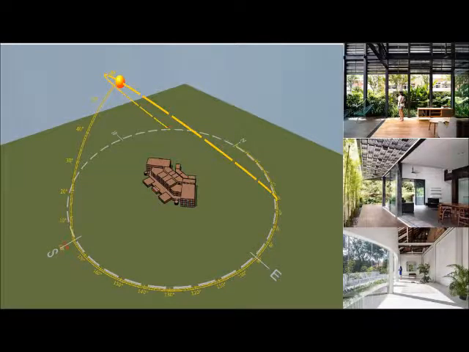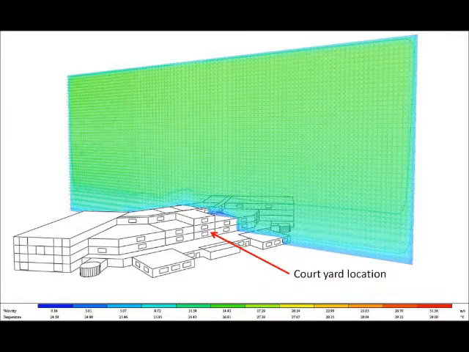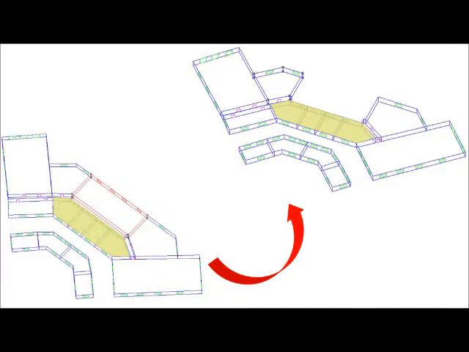The base case at this analysis stage is the optimum option from the previous phase. Therefore, the courtyard location was selected to be facing the wind direction in order to enhance its impact. The idea is to add a vertical courtyard at the 3rd floor that will impact the indoor natural ventilation at the clinic rooms. Facing this courtyard, we examine the indoor spaces that will be affected by the courtyard in order